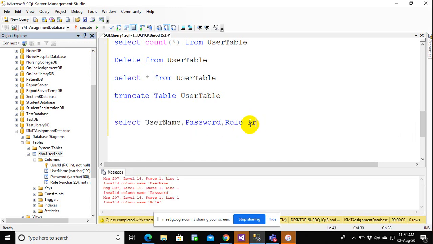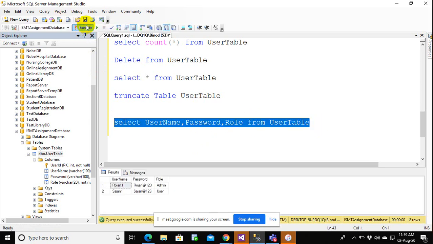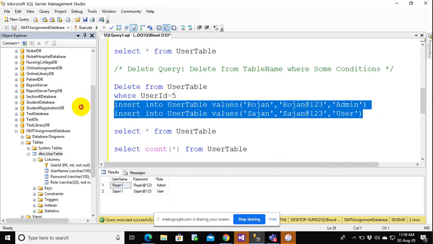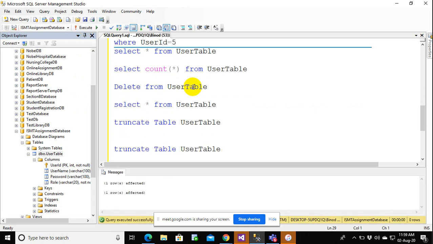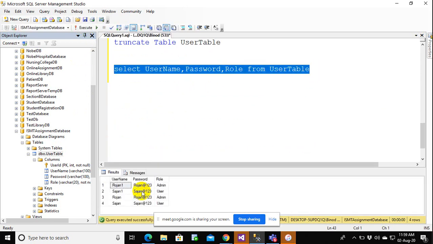Okay, so only these have been selected. So let me execute this again. Rosen, Sajan, and then you have admin user.